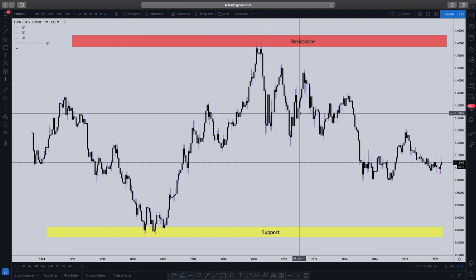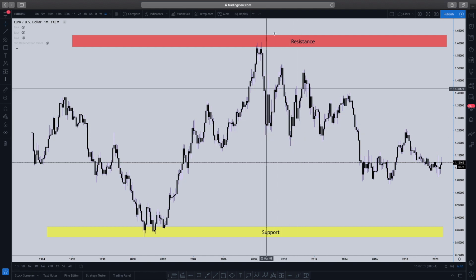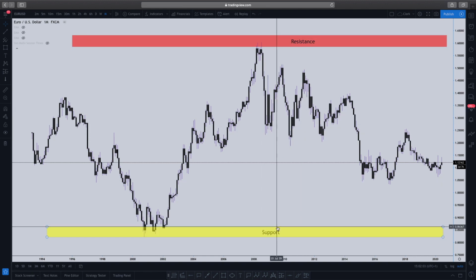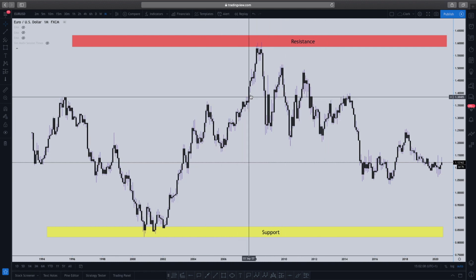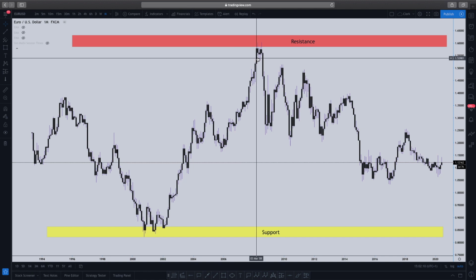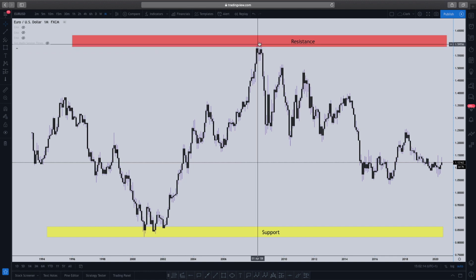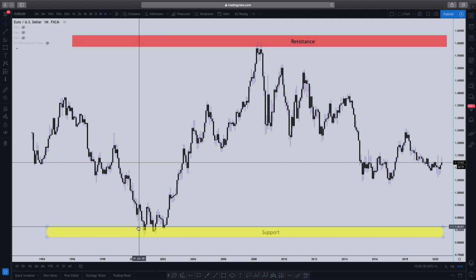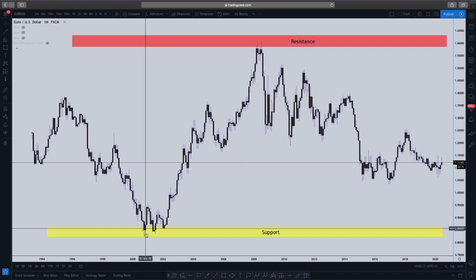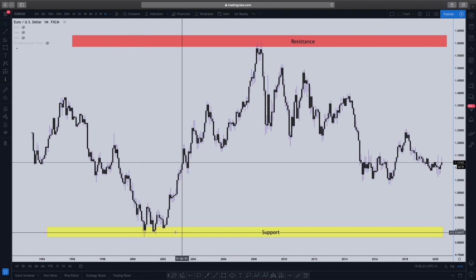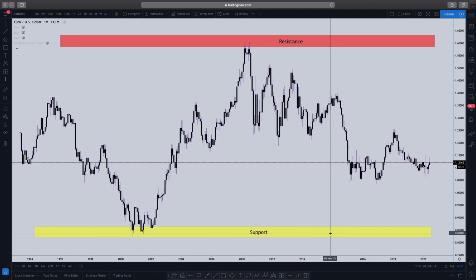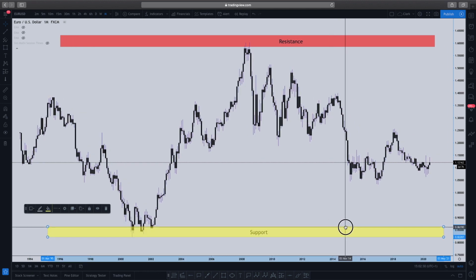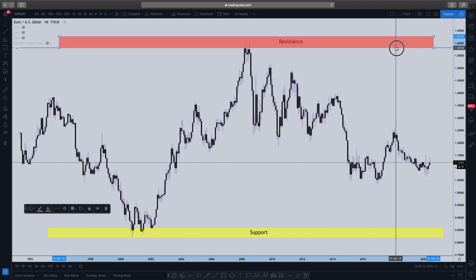And what we're going to look for are ceilings and floors, okay? Ceilings and floors where price runs into. So resistance would be when the candles come in and hit it right here. You see the hit and the wick, hit and the wick, wick, wick, wick. That's a resistance, okay? Support would be down here where the price comes in and bounces, bounces, bounces. So it doesn't want to break the floor. That's support. So just real vague and in general, this would be a support and this would be a